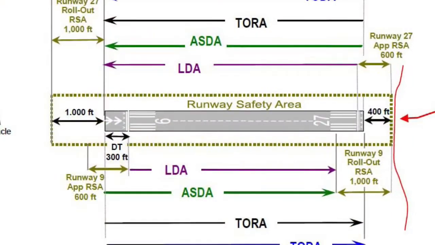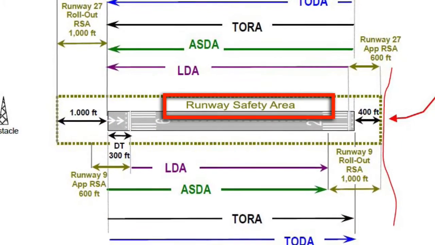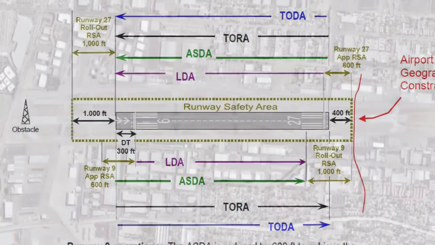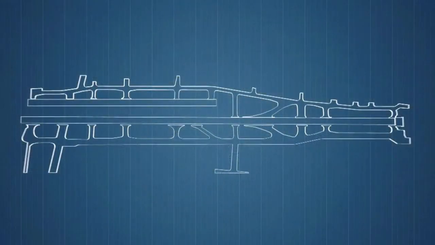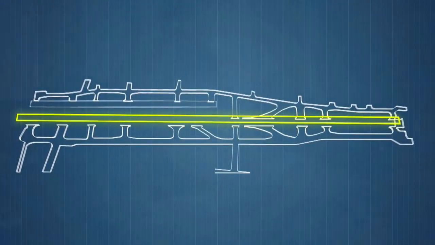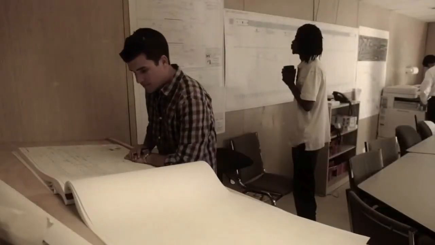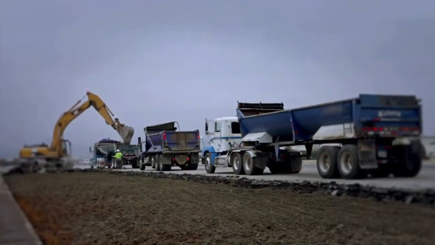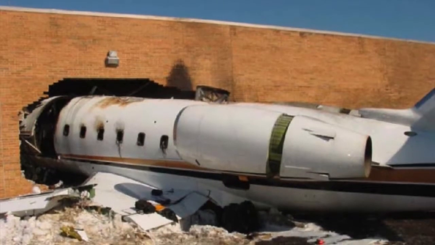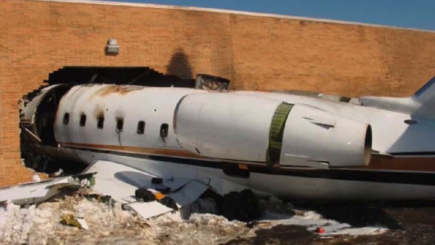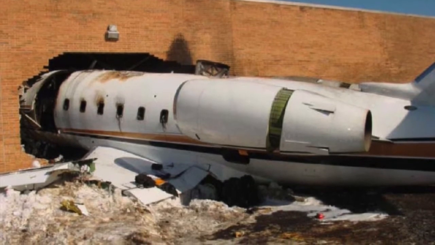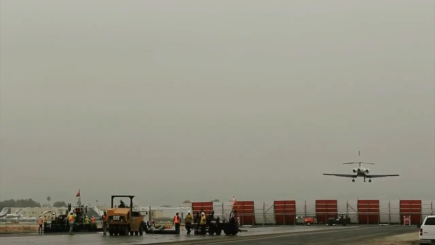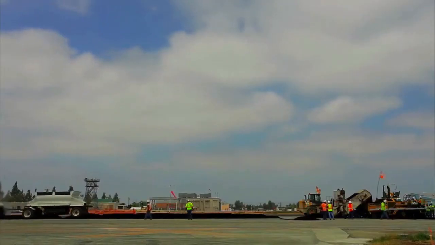The widespread use of declared distances stems from the introduction of the Runway Safety Area Program in 1999. This program is scheduled for completion by 2015 and aims to reduce injury and aircraft damage during overruns, undershoots, and veer-offs. This increased safety is accomplished by requiring airports to establish larger safety margins around their runways. A better runway safety area in Teterboro would have prevented or at least minimized the devastation of this overrun accident in 2005. Because of high-profile incidents like this and the 2015 deadline, many airports are scrambling to establish appropriate safety